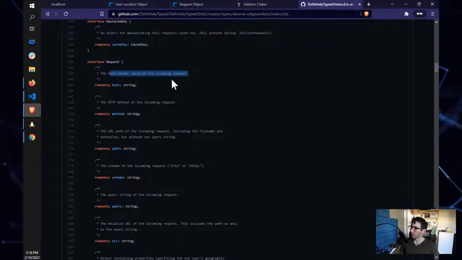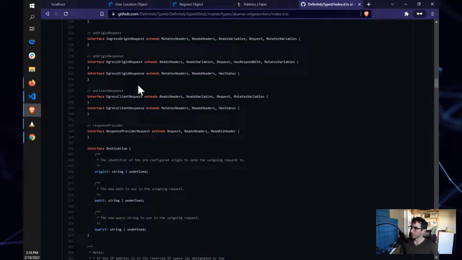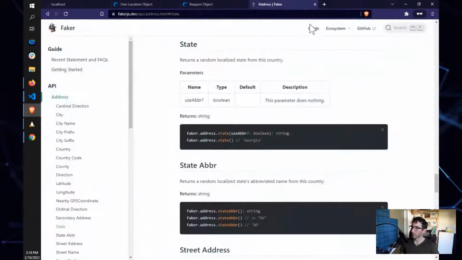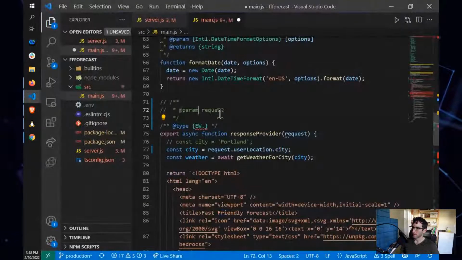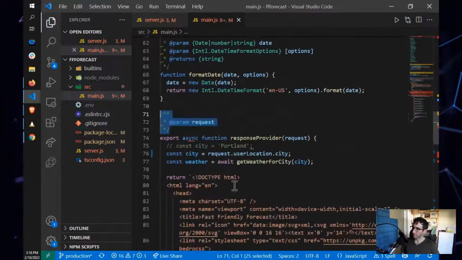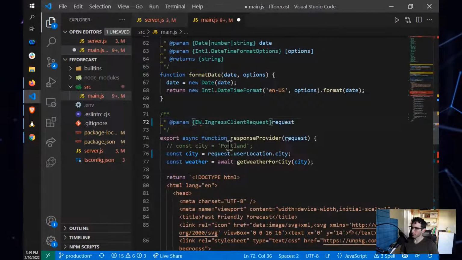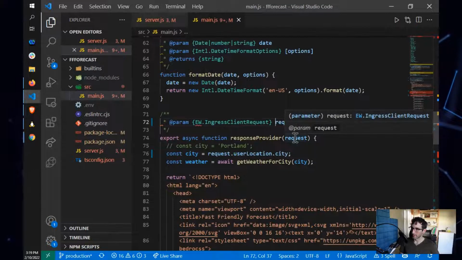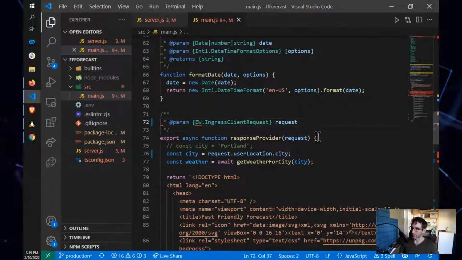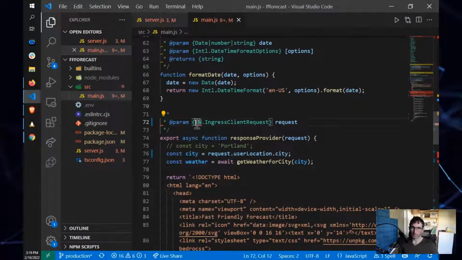The request. Man, I don't want to get into all that. I'll do it the easy way. So I'm gonna leave that. Whoops. Leave that how it was, but then copy this guy so that our type definition is there. And that means that this knows that it's an EdgeWorker ingress client request. So it doesn't know what this is? No, because it's still not picking that up. I wonder if I have to reopen